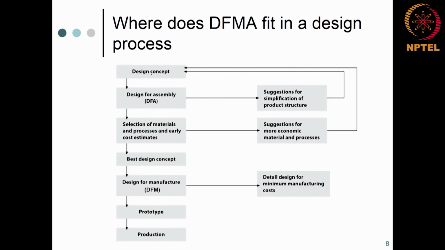And when you are talking about a concept, you need to be able to choose among multiple concepts. Concepts are A, B, C, D. So you need to have an algorithm that can evaluate A, B, C and D at the concept level. Okay, such techniques exist, but the only point is the notions are going to vary. At the concept design level, the notion of optimization is different. It only tells you, given these kinds of objectives, this is the best design. Then you have to go into the detailed design. Then you do a sizing or topology or a shape optimization, and then you look at a cost analysis, and then you choose the best design.